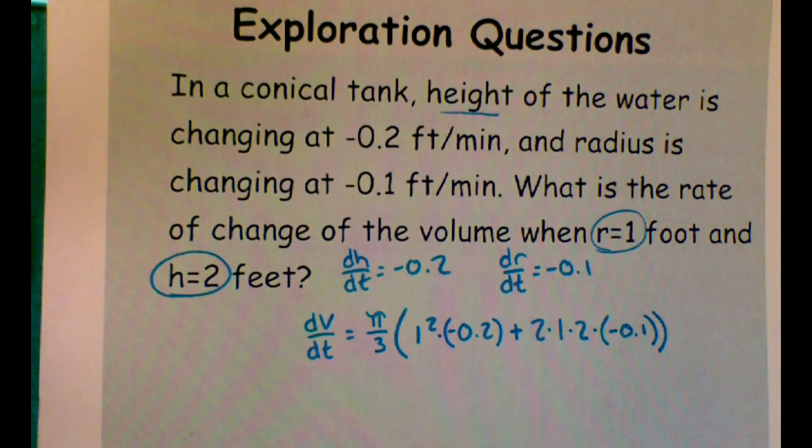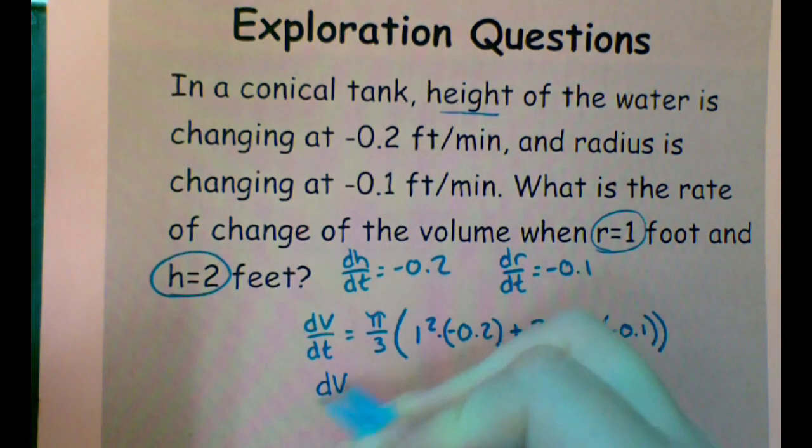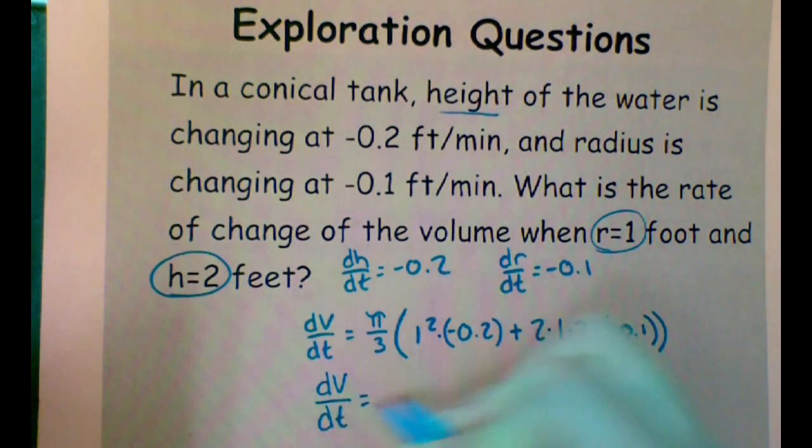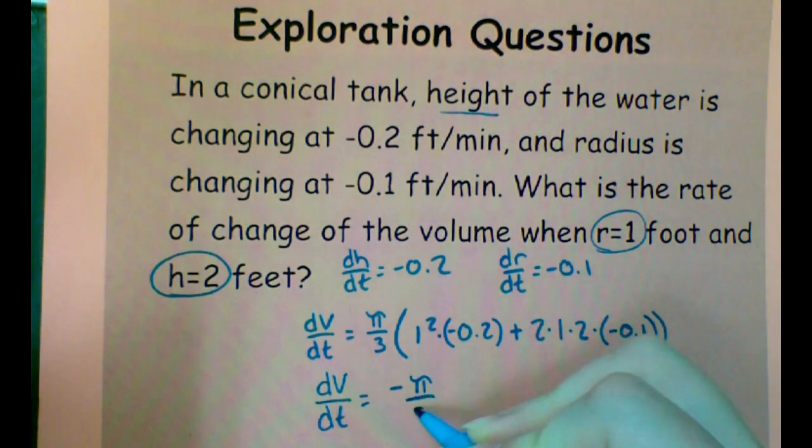We just type this all into the calculator and we will know how quickly our volume is changing. 1 squared times negative 0.2 plus 2 times 1 times 2 times negative 0.1. This whole thing makes negative 0.6. Divide by 3. I get dV/dt equals negative pi over 5,